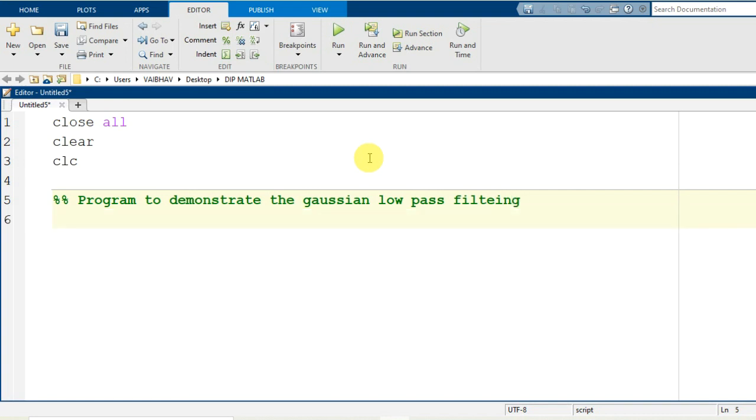First of all we require one image so that we can process it accordingly. So the first module will be to read the input image.